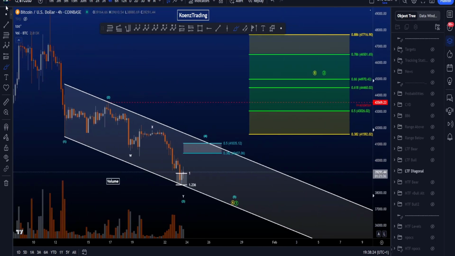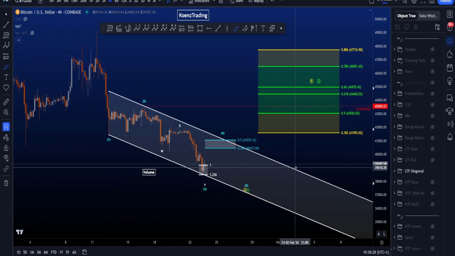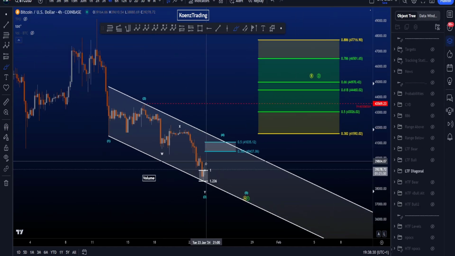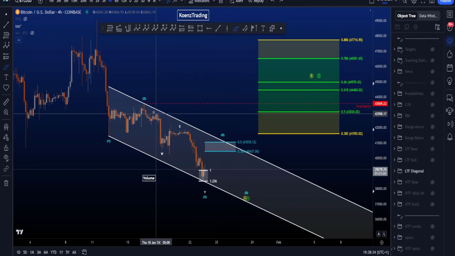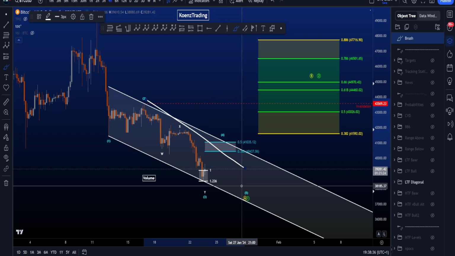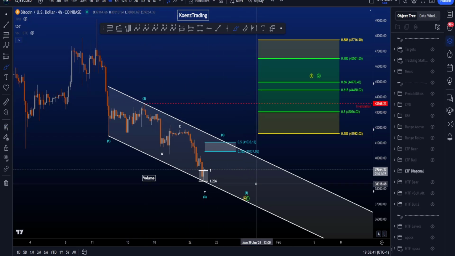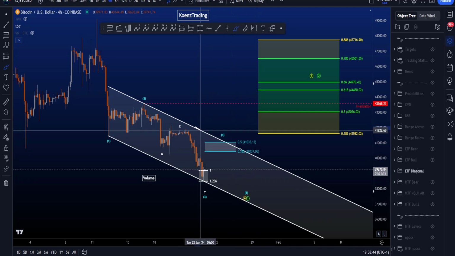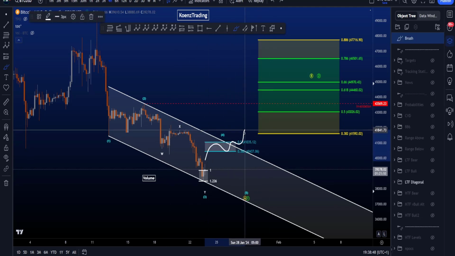What we don't like to see is price hitting the upper trend line of this channel in this particular scenario, because the moment price moves towards the upside and hits the upper trend line, it invalidates a contracting diagonal, which is by far most common, and then we have to start thinking about expanding diagonals. But an expanding diagonal is very, very rare, therefore never preferred. So if price can hit the upper trend line, probabilities go up for a bit of a bigger rally towards